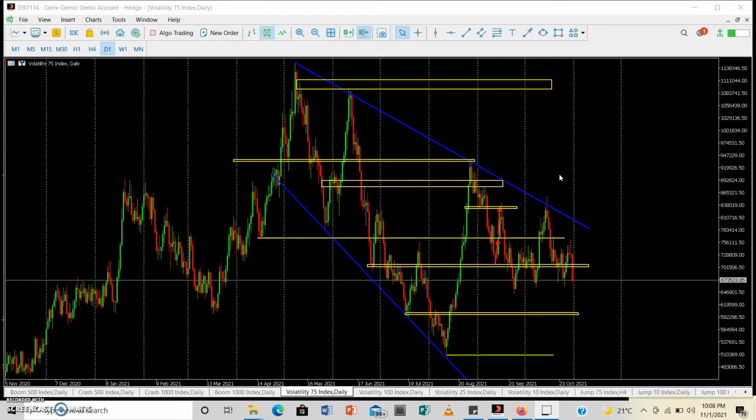So right now we're looking at V75. We want to make a very accurate analysis of what is going to happen with this index, right? So we're in a daily time frame, and these horizontal yellow lines that you see represent areas of price importance or areas of decision making in the market, right? We either call those support and resistance zones, or they can be liquidity zones,